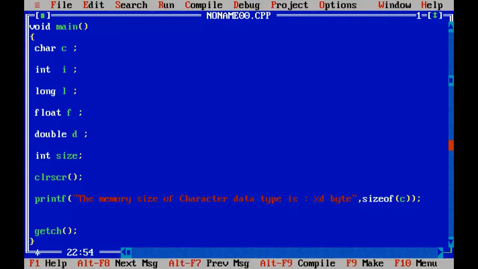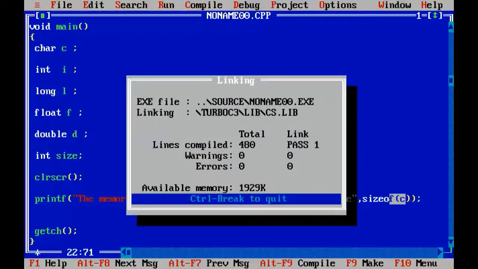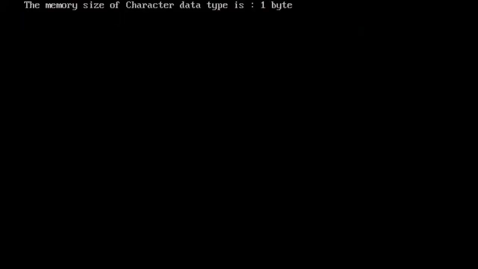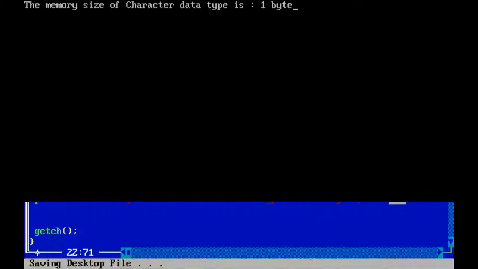In place of %d I am going to place the content returned by sizeof(C), which returns the size of the variable C. So let's run this program and find out. Here it is. The memory size of character data type is 1 byte.